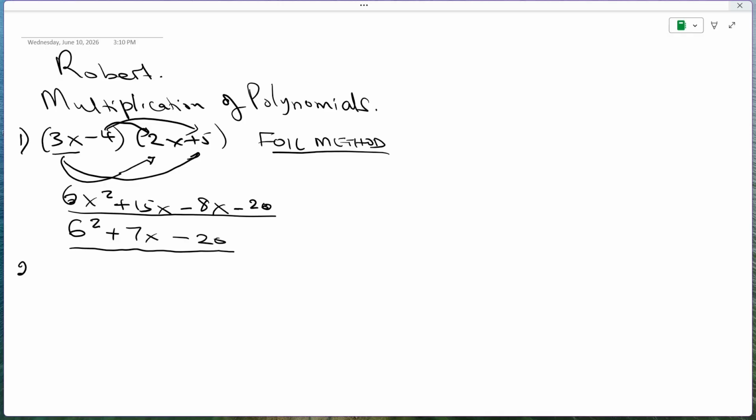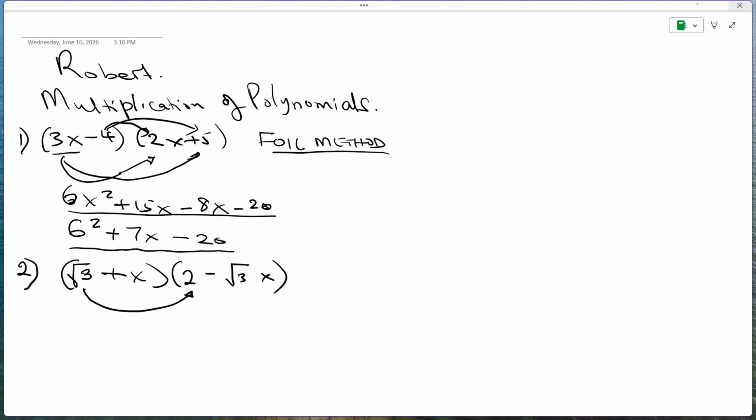Let's try another example too. Now this one is a little bit more complicated because it's got roots. So we have root 3x plus x multiplied by 2 minus root 3x. You note that this x does not fall under the root sign, so you have to be very careful when solving this one out. So we start off using the FOIL method by multiplying root